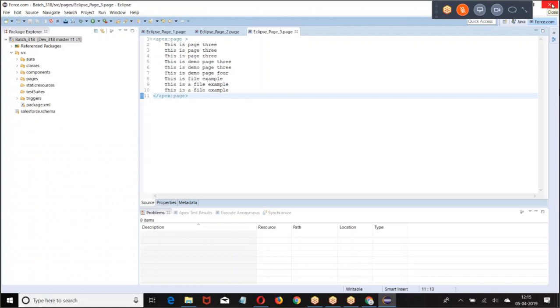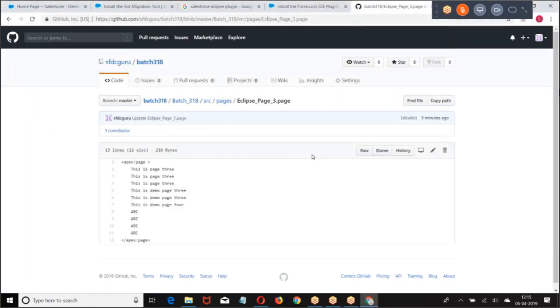DX will be telling you this format. We'll be covering that, how to maintain it. But basically, what is the advantage of this Eclipse? If you are going for Eclipse, we have a choice of maintaining a local-side repository and a server-side repository of the code you are writing, which is not possible in the developer console. That's all from my end. We'll continue in the next session. We'll see this in the next session.